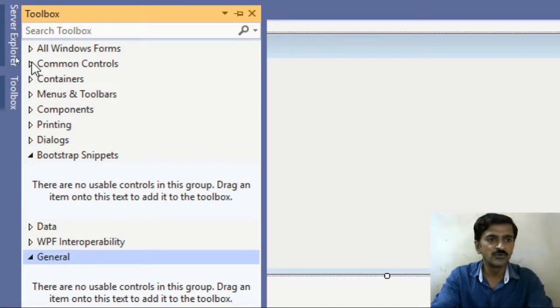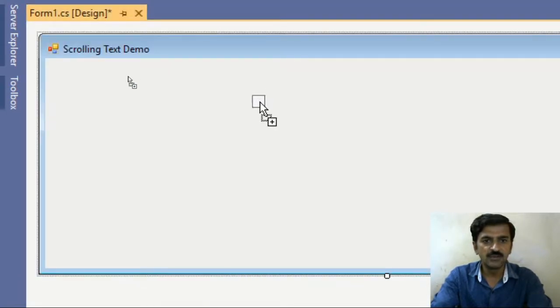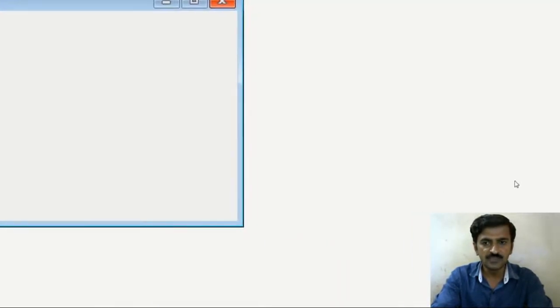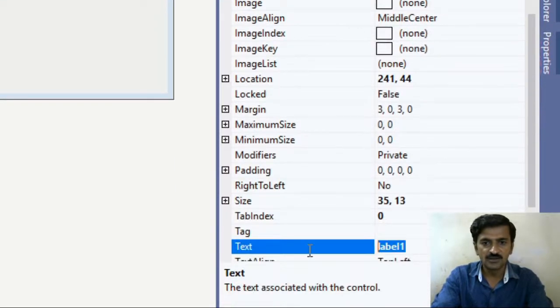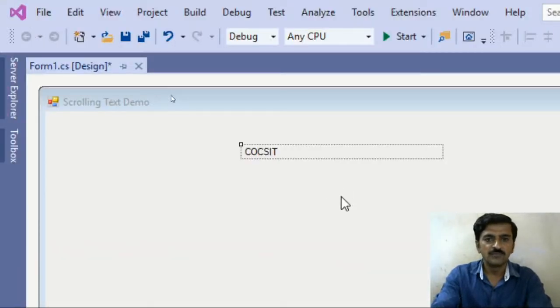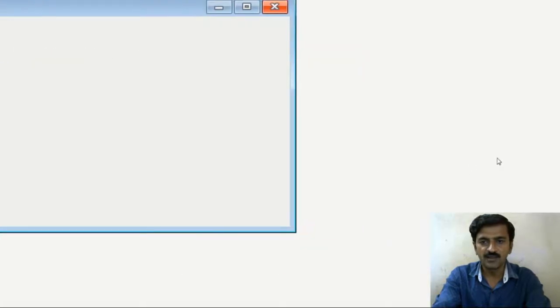I'm moving toward the common controls, designing the label on it. I want to add a simple text "coxit" on it, and after the "coxit" I am adding some blank spaces. Okay, so this is the text that I have added on the label.